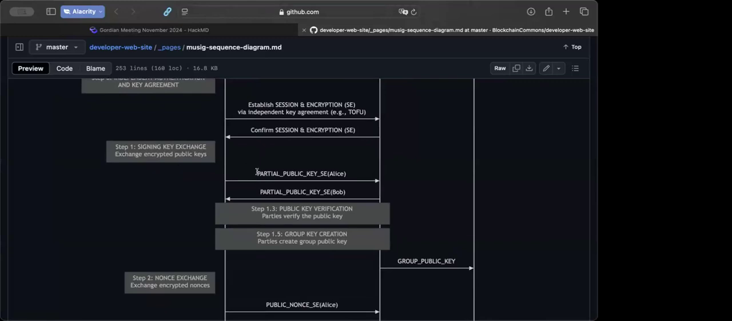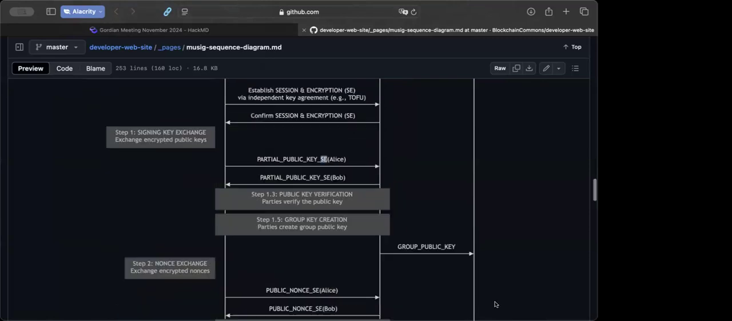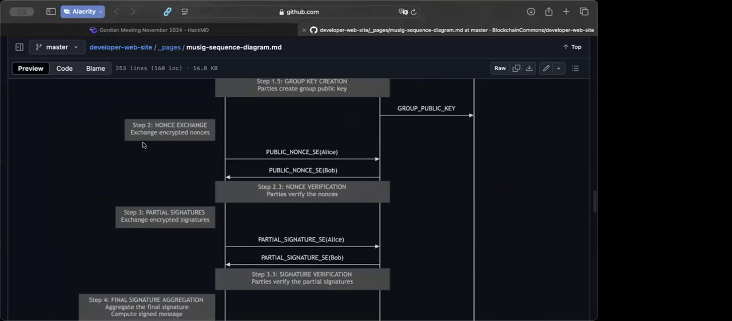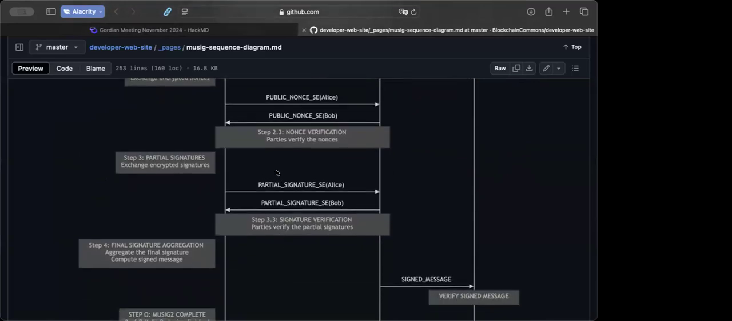So Alice will send the partial public key to Bob using the session encryption that they previously established. They can then send that group public key to the verifier. Once they do that, they can now do their nonce exchange. When they want to sign something, they can verify the commitments of the nonces, then join into the partial signature